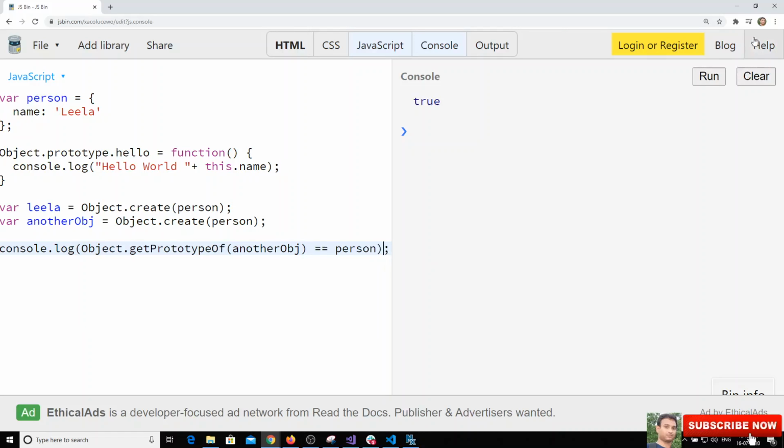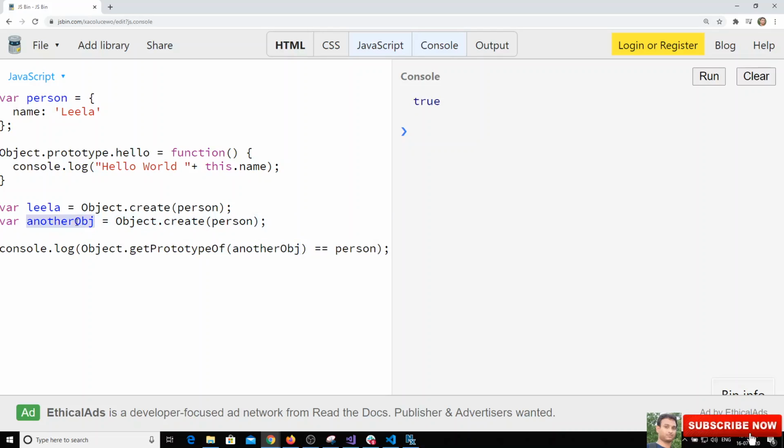If I check here, I got true. So instead of using underscore proto for another object, I am checking directly Object.getPrototypeOf of another object. You can use getPrototypeOf safely in any browser.